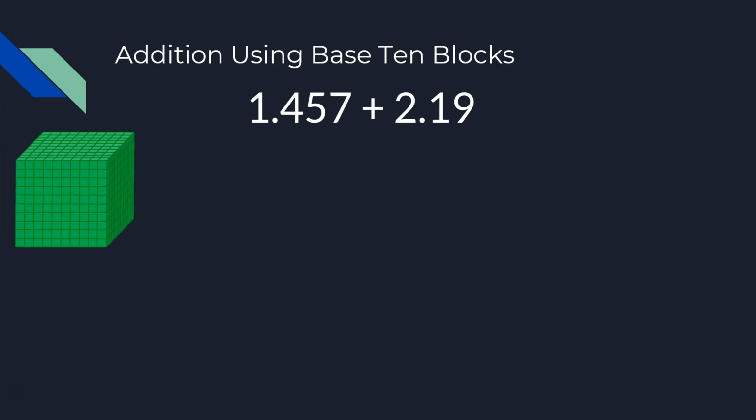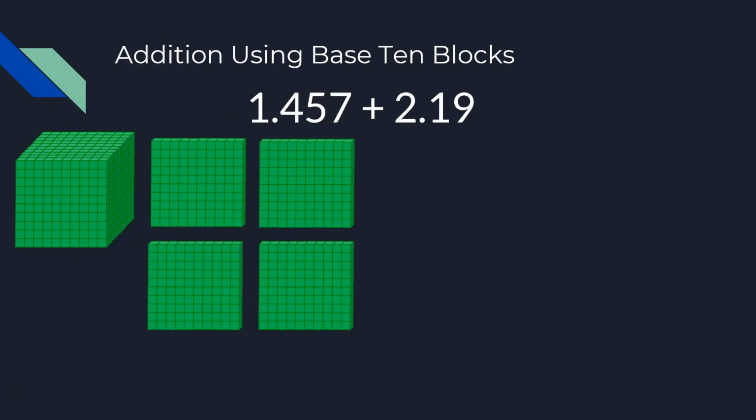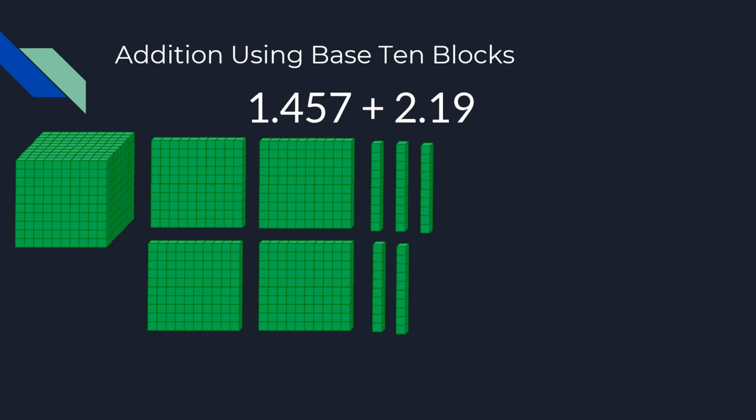So now we have a green 1 that represents 1 whole. We have 4 tenths, that's 1/10 of what a whole is. We have 5 hundredths. Each of those hundredths is 1/10 of a tenth, and that's what makes it a hundredth. You can also think about it takes 100 of those to make the ones cube, so that's why it's called